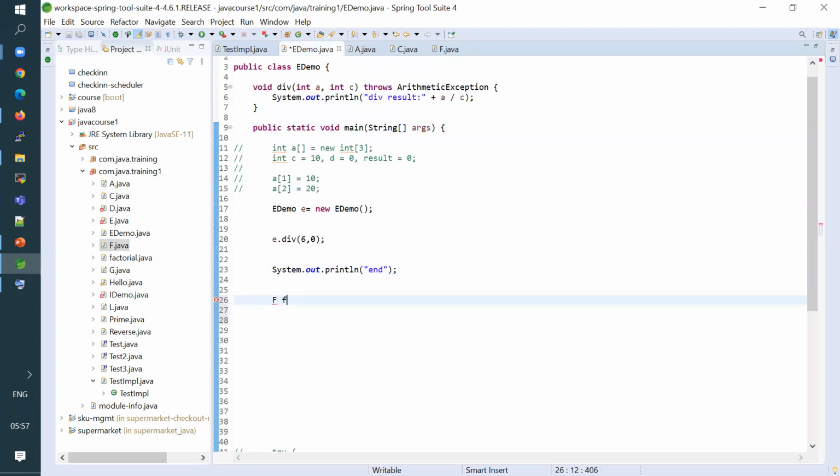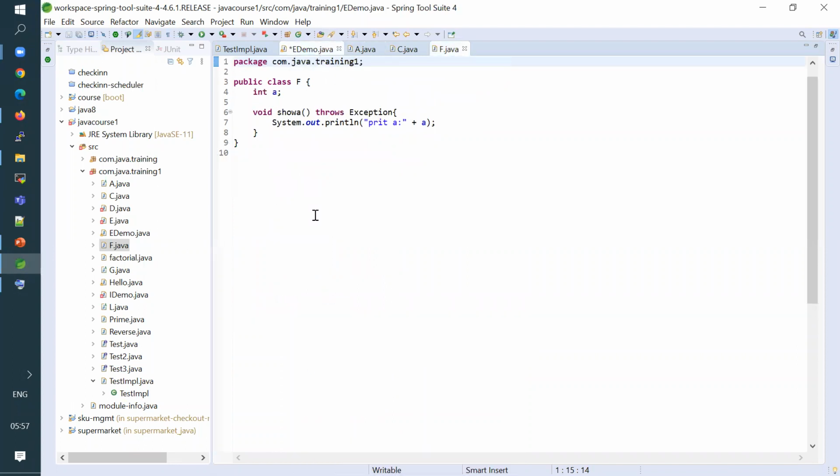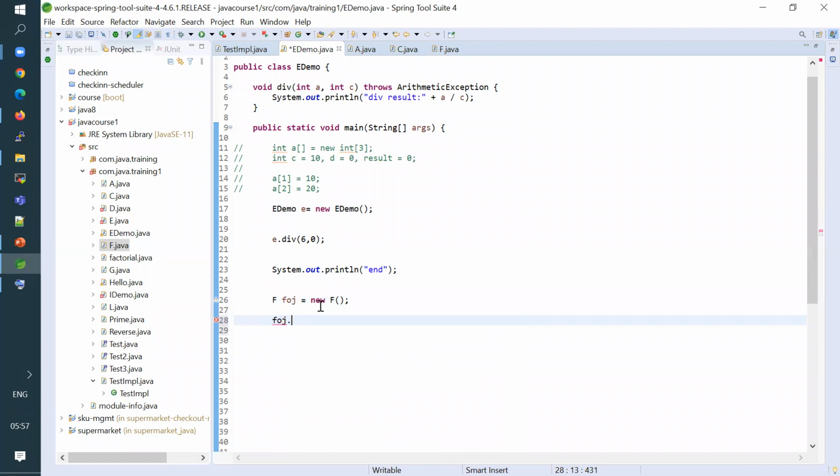F object equal to new F, and now I want to call the method of F, which is show A. That's it, done. But when I'm calling, this is giving me a compilation error. If you observe, what is the error?